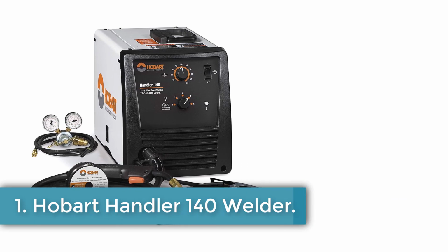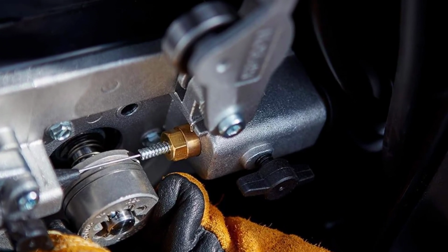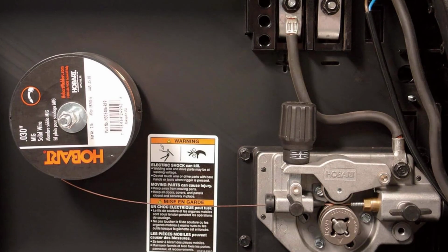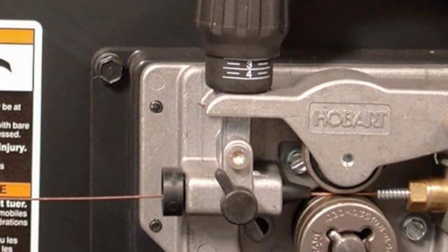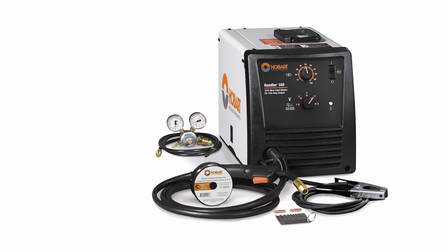The Hobart Handler 140 MIG Welder is a durable and portable welding solution suitable for a variety of applications, including auto repair and home or farm projects, thanks to its robust construction that ensures long-lasting performance. It boasts versatile welding capabilities, able to weld up to a 1/4-inch mild steel, allowing users to tackle a range